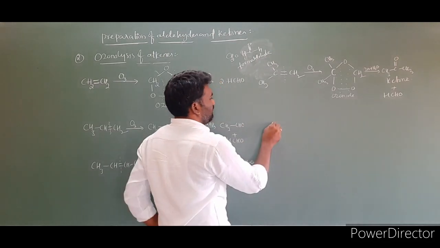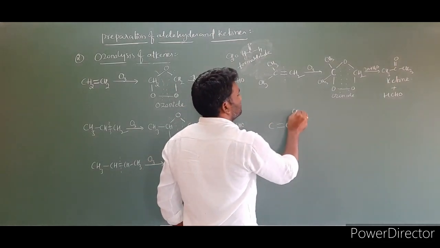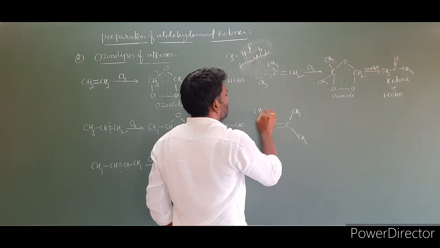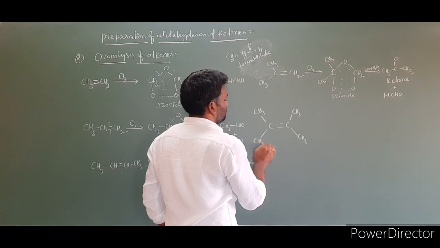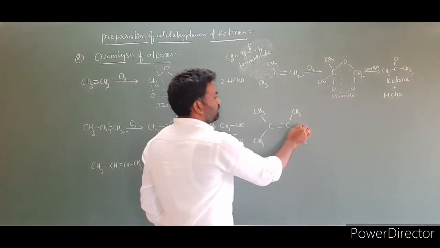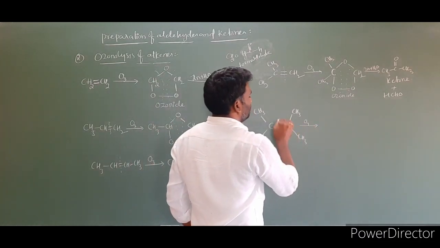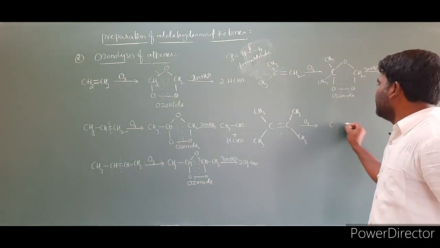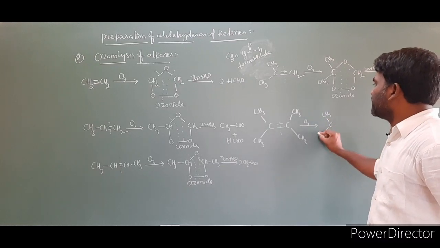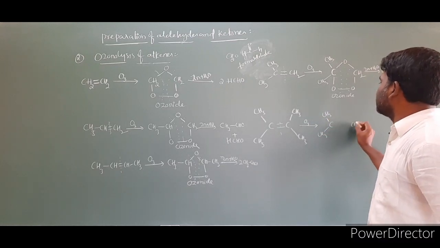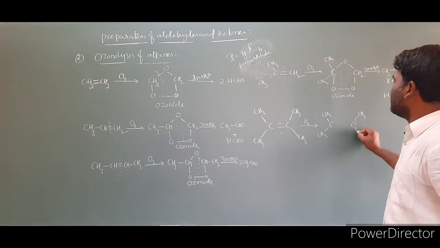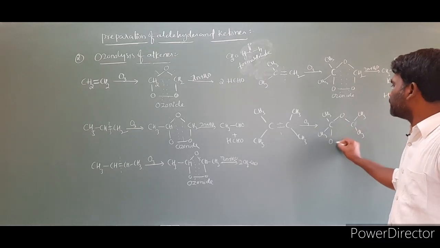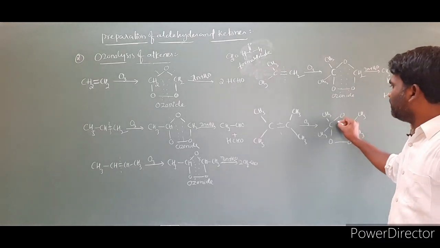I will take one more example for better understanding of ketones. Here I am taking CH3, and here is CH3. Clear? Then treat with ozone. Break this double bond, and you will get the ozonide. How to write it? C with CH3 here, and C with CH3. I broke the double bond, then connect using the oxygens of ozone, like this, and break here.